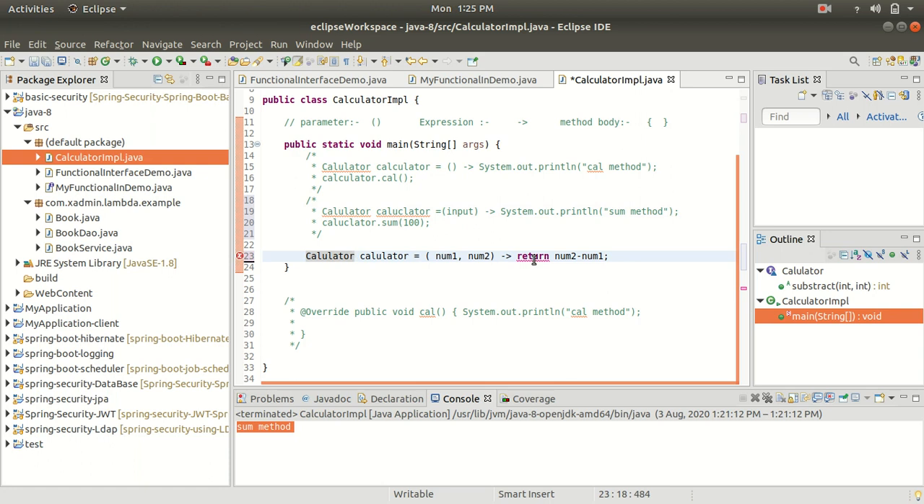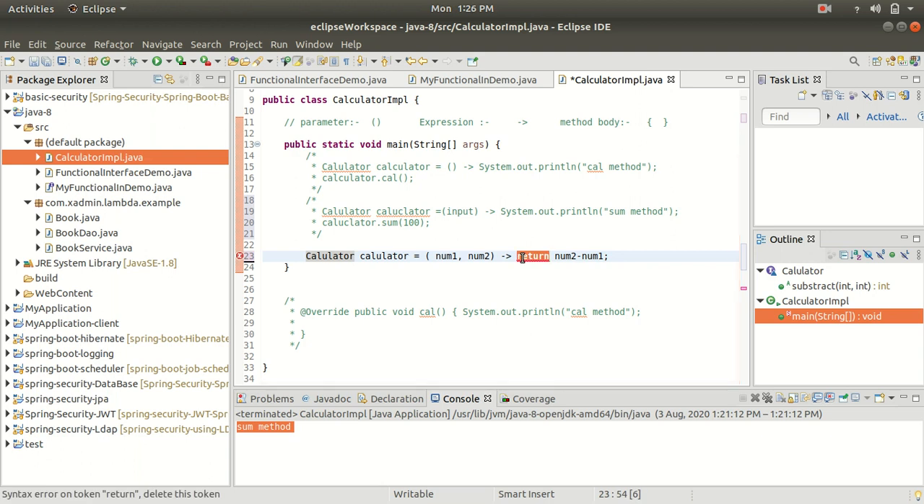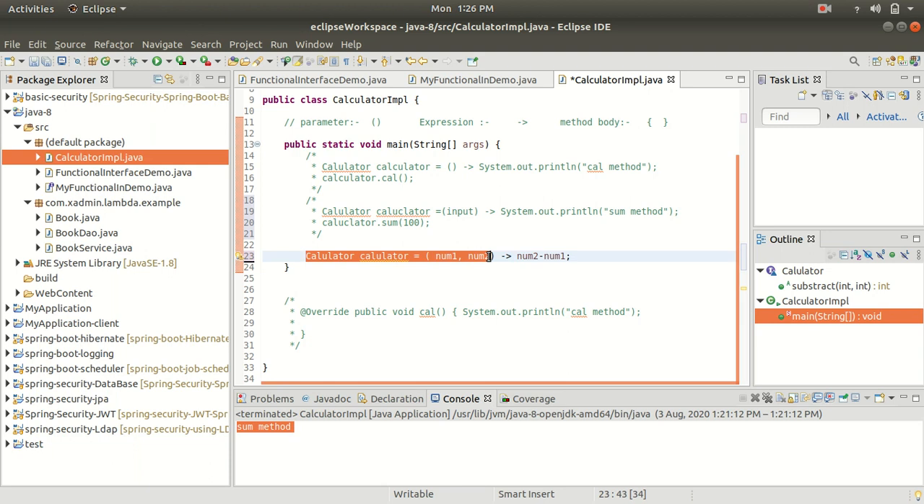All right, and guys here we can return. As we are using a single line statement, we can remove this return statement from here. It is going to return this num2 minus num1 directly from this method. As we are not using the curly braces, we have to remove the return statement also. So this is a single line lambda expression code in which it is taking the 2 arguments,